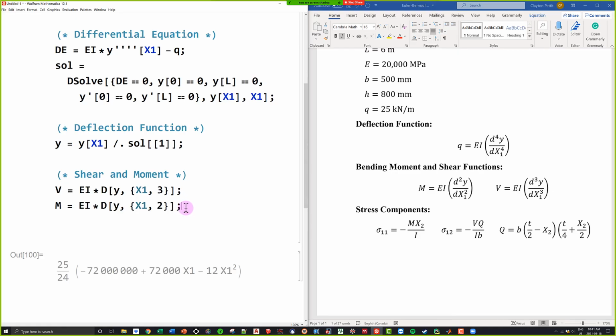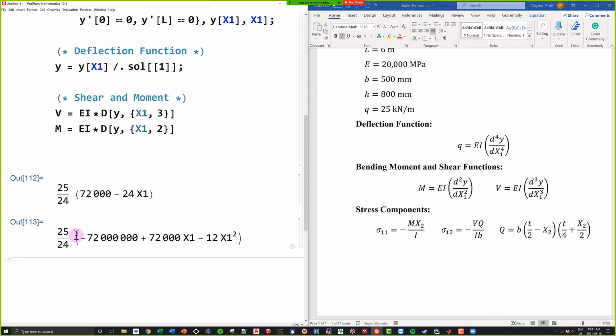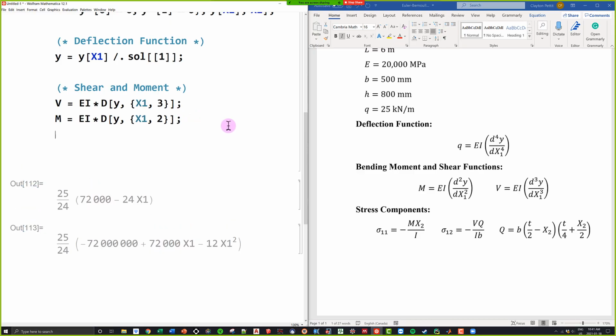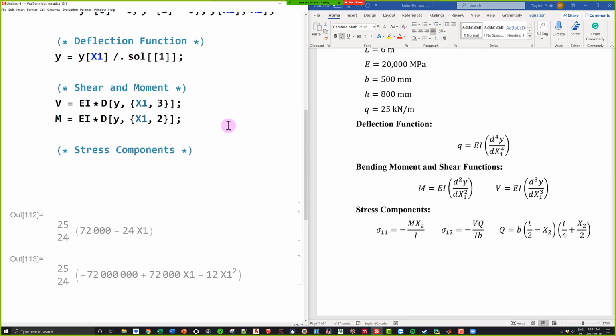And one thing I want to emphasize really quick before we do that: if I were to show both the shear as well as the moment, we can see that they're just a function of x1. So when we plot these, they can just be plotted as a regular plot. It's nothing too crazy. They don't vary over the height of the beam. So now we're going to get into stress components. If I'm looking at sigma 1, 1, it's simply m times x2